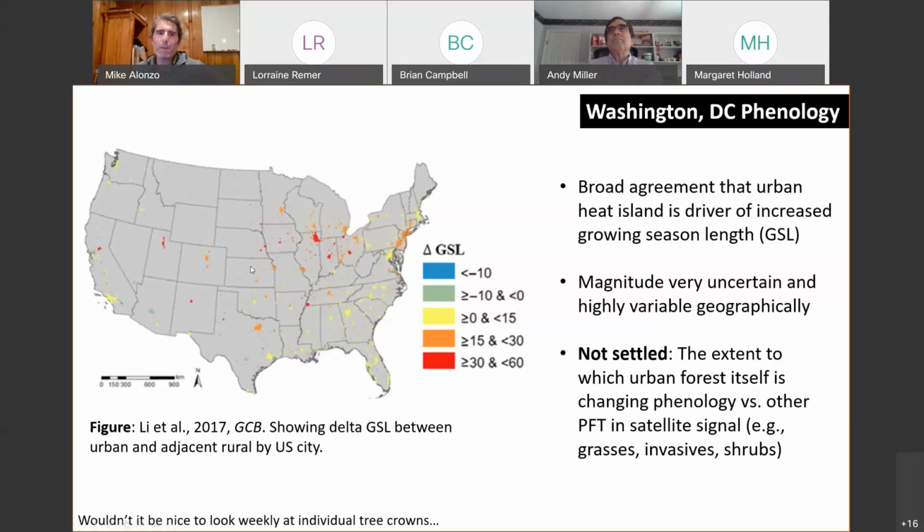Some of it you can already point to some issues here, like the Midwest has huge differences that may just be looking at crops. Crop phenology is not necessarily an interesting comparison. And then when you get over to our mid-Atlantic area, where the differences are smaller in magnitude, you still wonder, or I wonder,